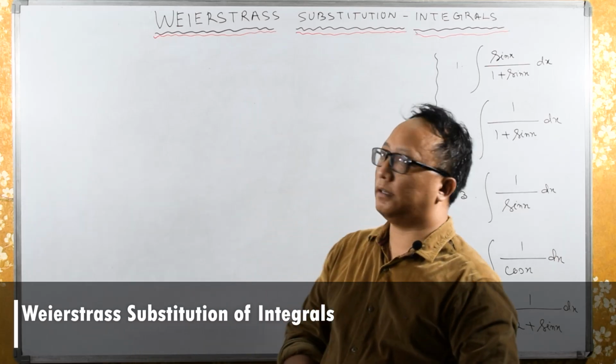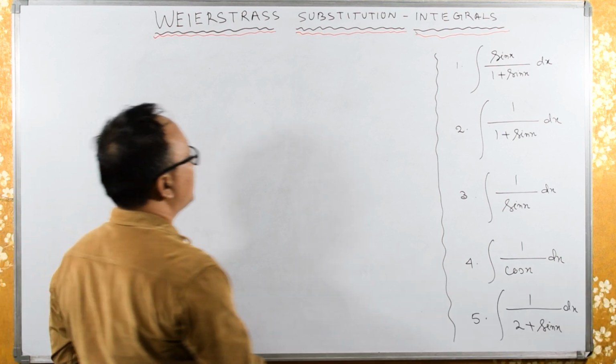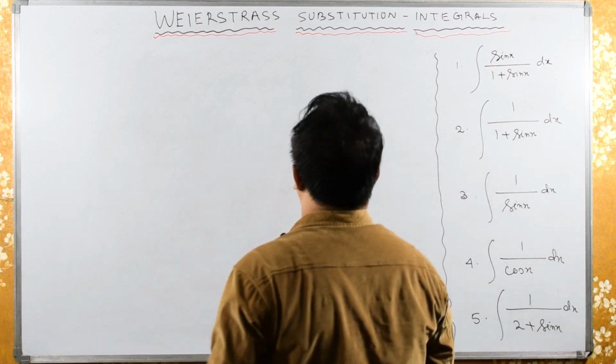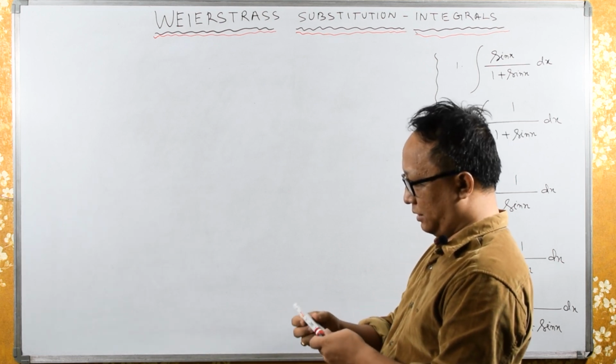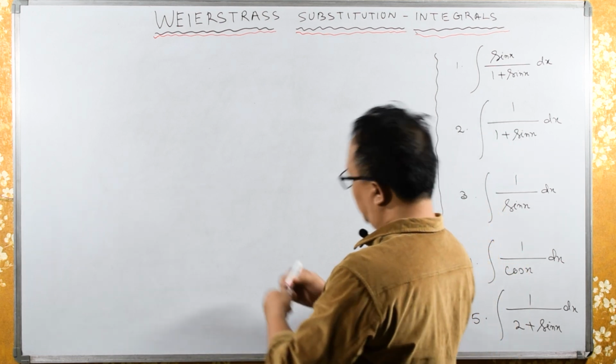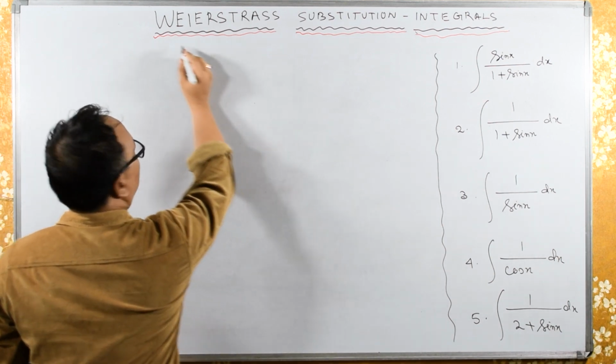Welcome to this section. Today's topic will be the Weierstrass substitution for integrals. For this type of integral, we have to substitute some standard trigonometric functions. So let's see what that is. Now in this we have to substitute